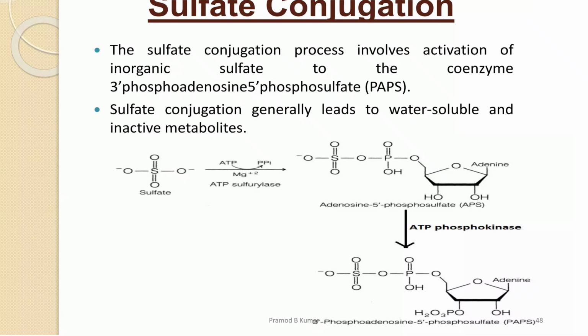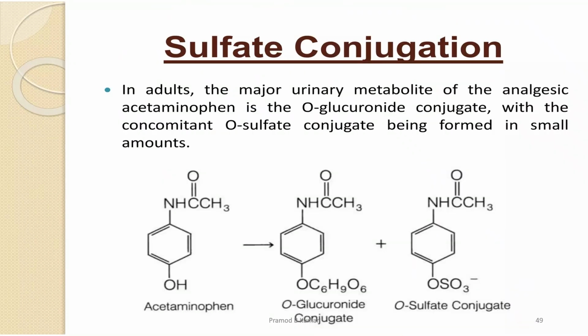So the fifth position phosphate also forms a complex with your sulfate, and the OH at the third position of your sugar will coordinate with your sulfate, together forming PAPS, that is 3-phospho-adenosine 5-phosphate sulfate. So this is your main intermediate which is involved. It will be involved in the transfer of your sulfate to your